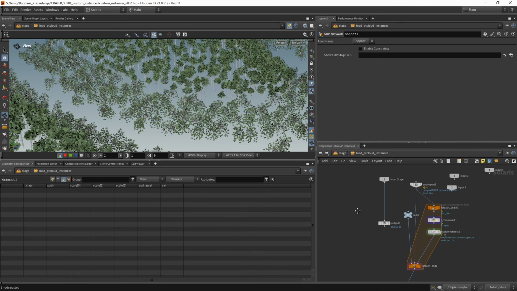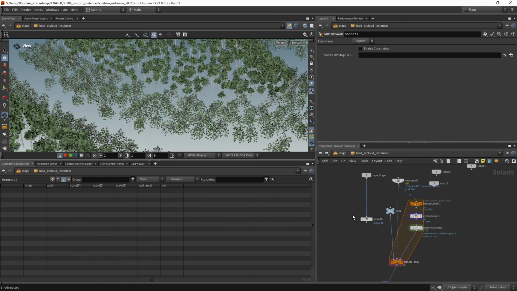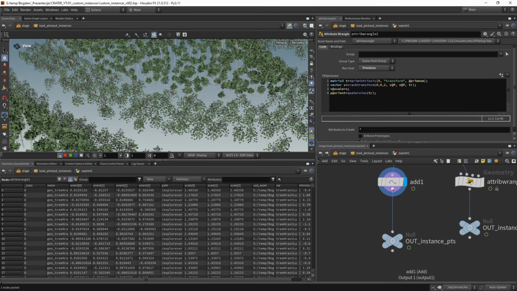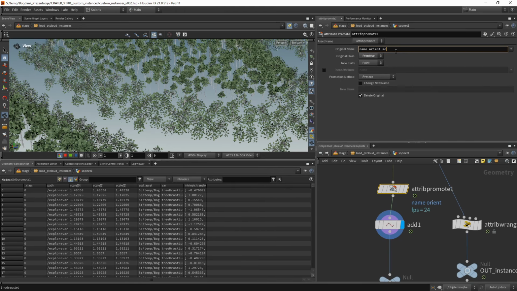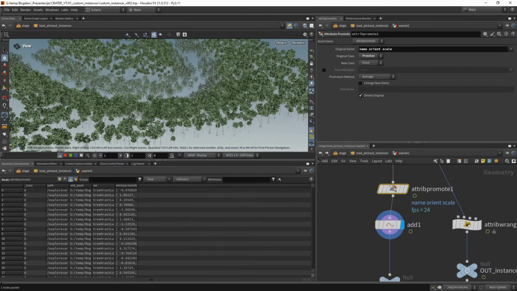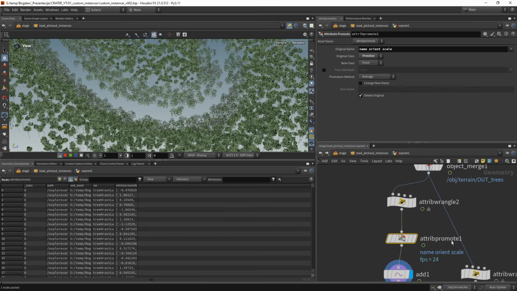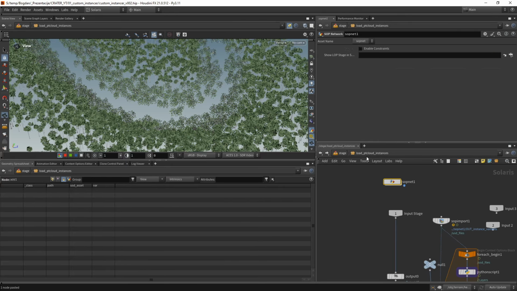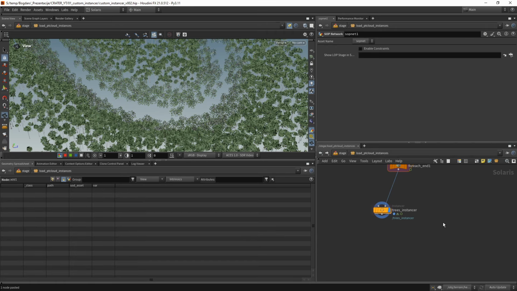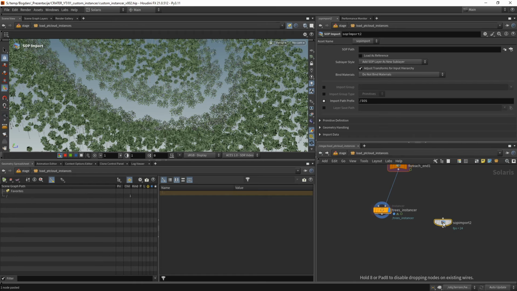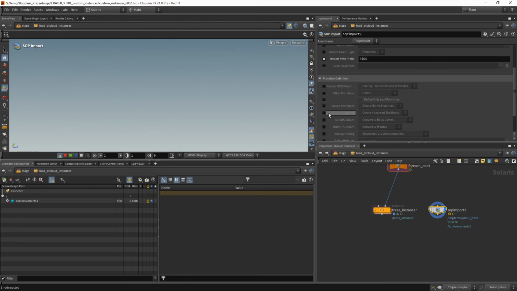Okay, so now we have our scale. If we look at our instancer, we just need to promote it as well. Okay, so we have our scale as well. And because it's a vector, it could be a non-uniform scale. Okay, and what we would want to do at this point is import our trees from SOPs